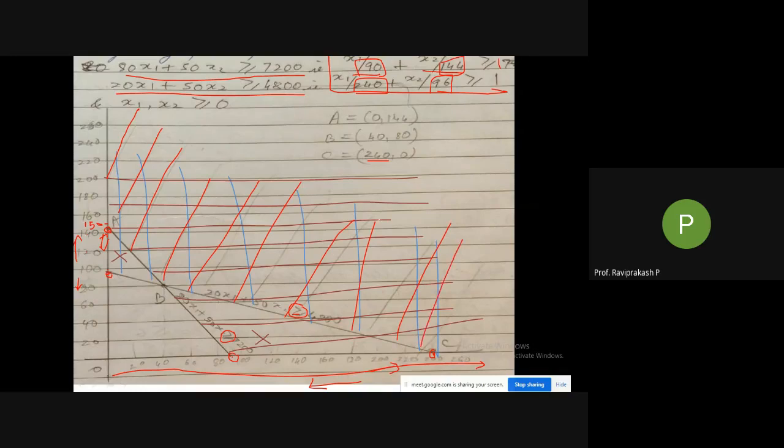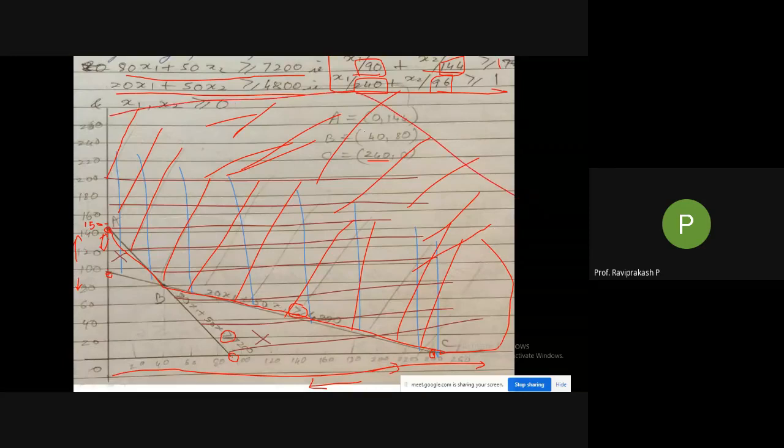And this is a special case also where it is an unbounded problem, in the sense there is no bounded feasible region. So only one side I am having. So I'll draw a red line also. So this is my feasible region from here to above. So everything is my feasible region. How far you can go, this all is my feasible region. Okay, so this is an unbounded problem. There is no bounded region. So I am getting only points here. That is point A. This is my point B, and this is my point C.